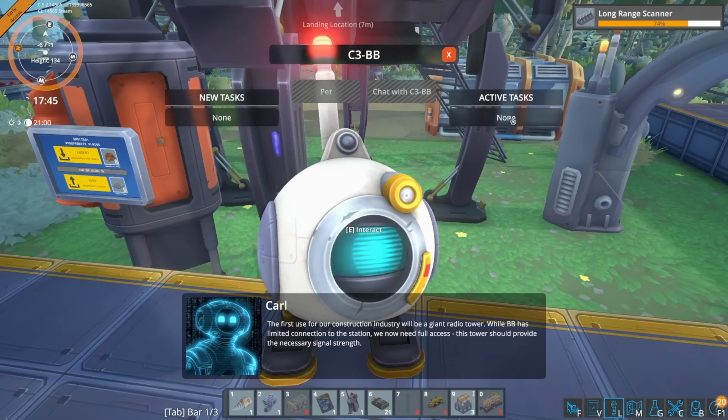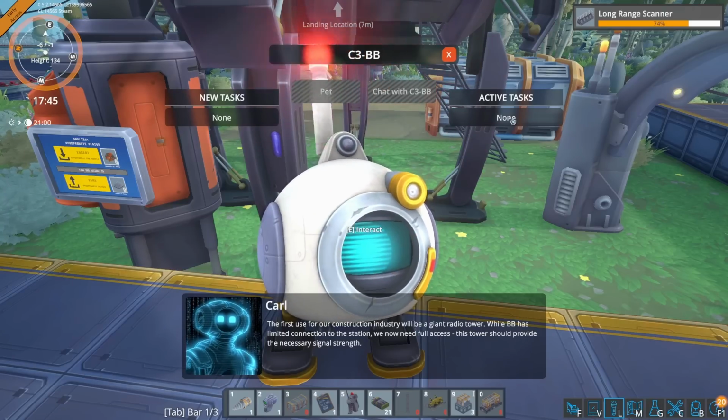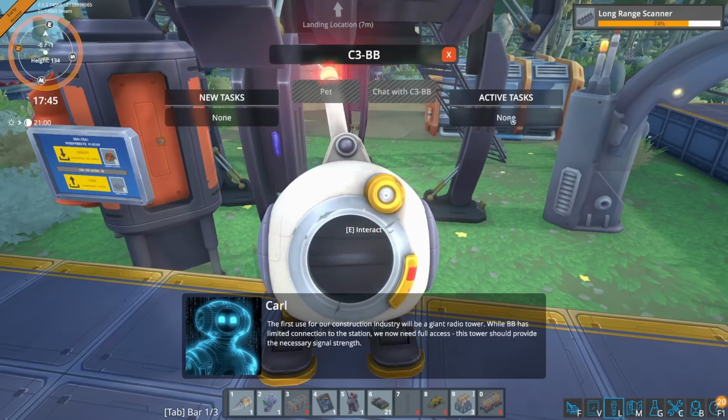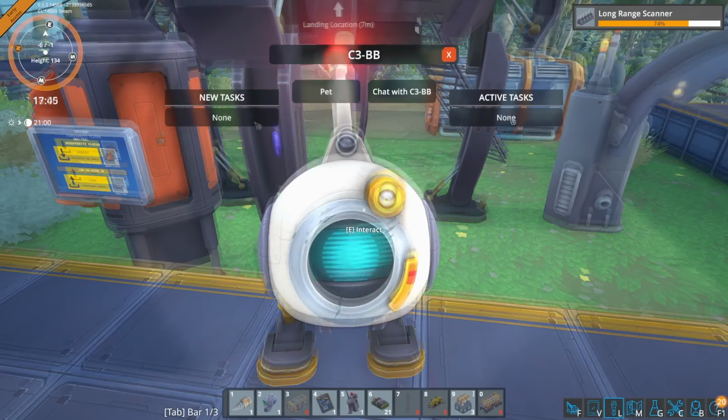While BB has limited connection to the station, we now need full access. This tower should provide the necessary signal strength. Okay. So what is the necessary signal strength? Okay, well,